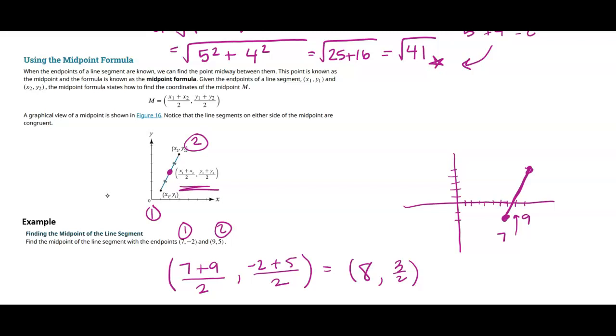And then the distance between 5 and -2, right, is 7. And so it makes sense that like the halfway mark on the y's is here, or the average of -2 and 5 is 3/2, whichever way you want to think